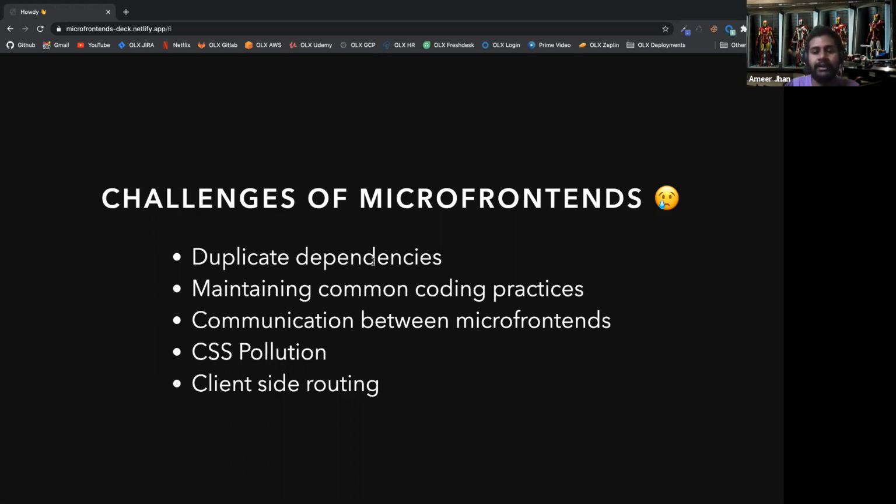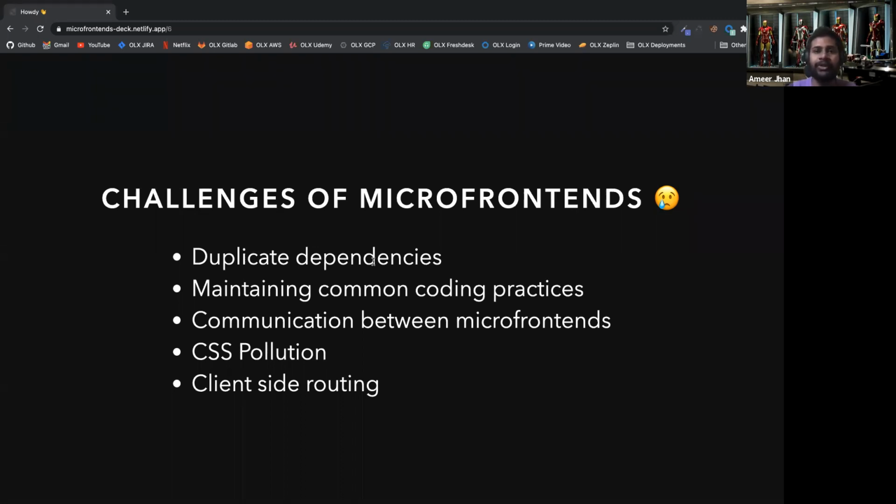And obviously client side routing. Okay, so you have made your own landing page, you have made your own product page, but how do you make sure that you have seamless routing between these pieces of micro content? Right now, let's assume that you don't think about it. Then every time a user navigates from one micro content to another, he's going to have a full page reload. So you are just blowing the entire idea of single page applications, or the native app feel that you get out of the box.